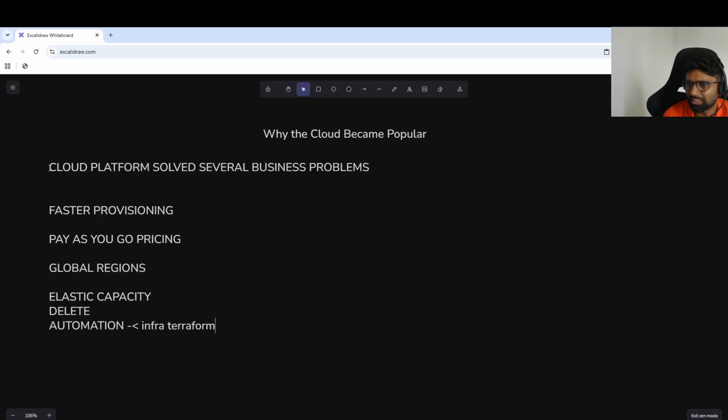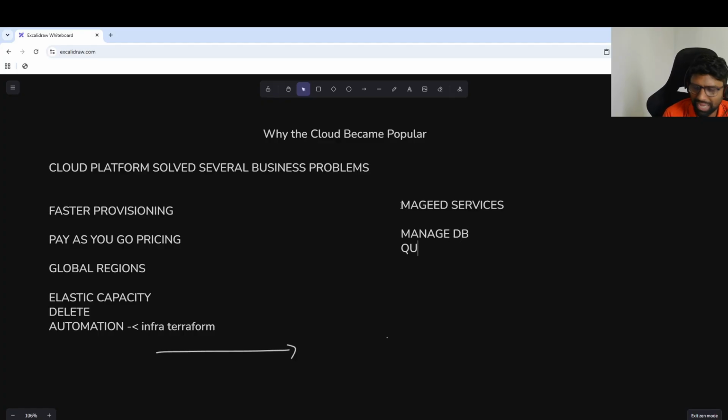But this is much easier, and we have multiple API providers for this as well. Managed services. Companies could use managed databases, managed queues, managed storage, and also managed Kubernetes clusters and many other services.